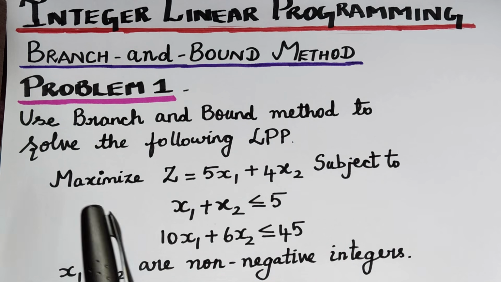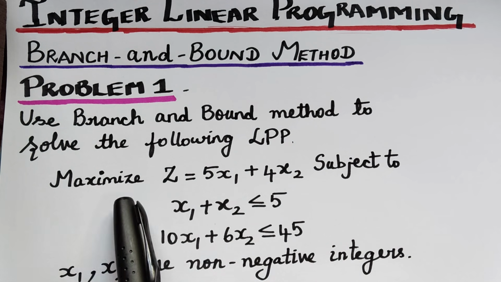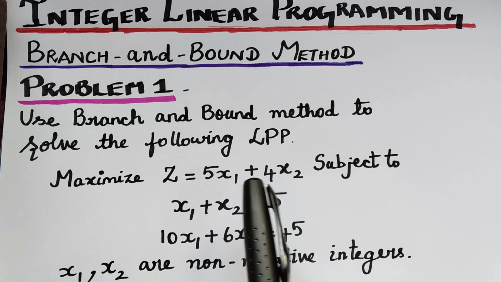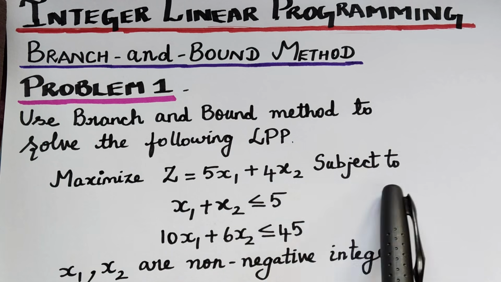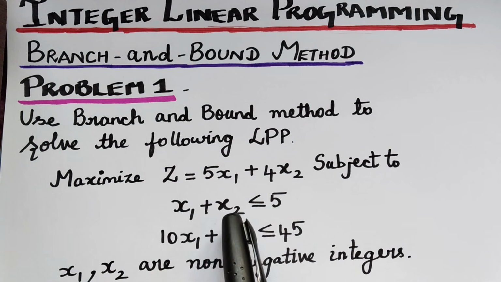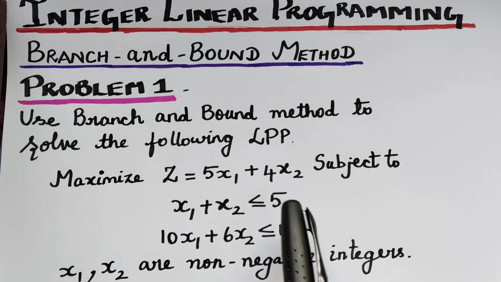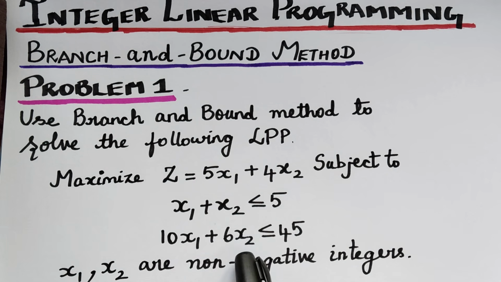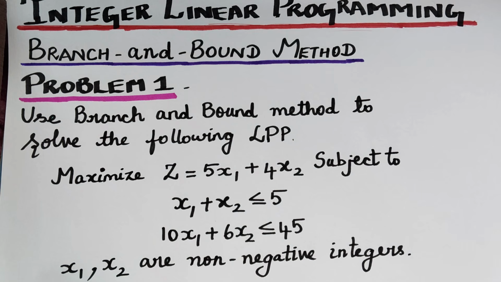problem. The question is to maximize z equal to 5x1 plus 4x2 subject to the constraints x1 plus x2 less than or equal to 5, 10x1 plus 6x2 less than or equal to 45, with the restriction that x1 and